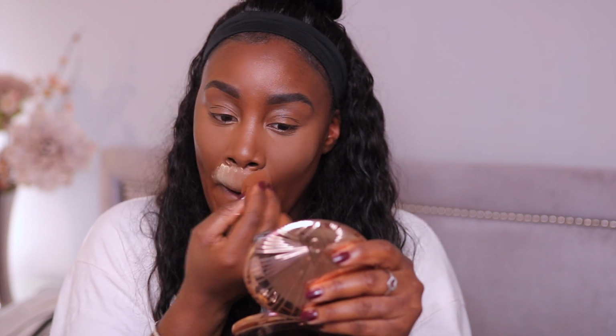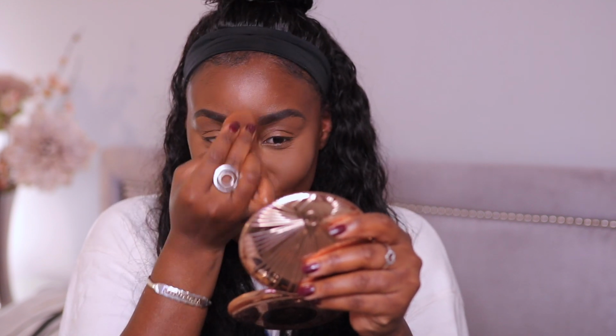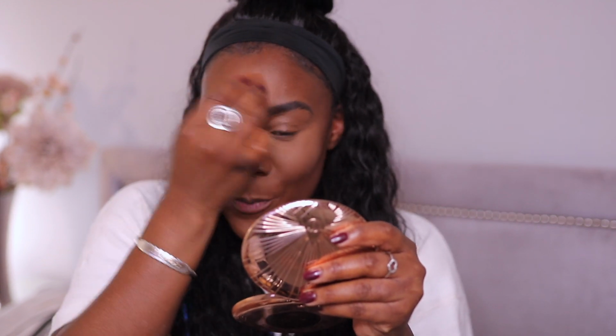When I see people bake, I literally get so scared because I'm like, wow, that's a lot of powder. But then the final look always looks amazing on people, but whenever I try to bake, it just never looks good. I don't know why it took them so long to even make this shade, but Laura Mercier definitely came through with Honey, girl. So now to set my bronzer, I've been holding this girl all throughout this video,